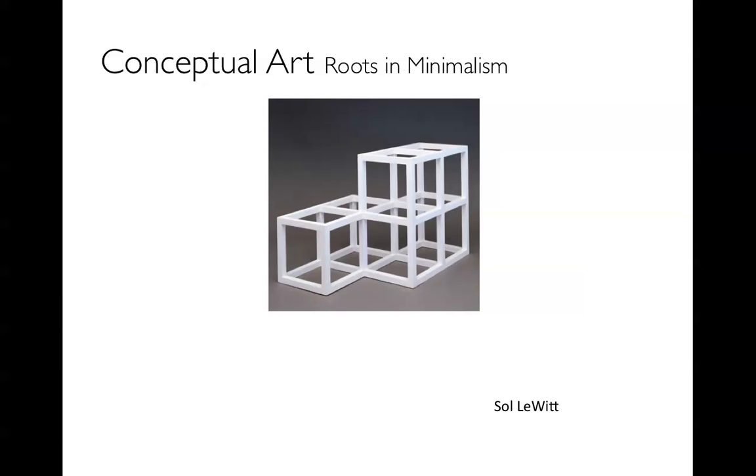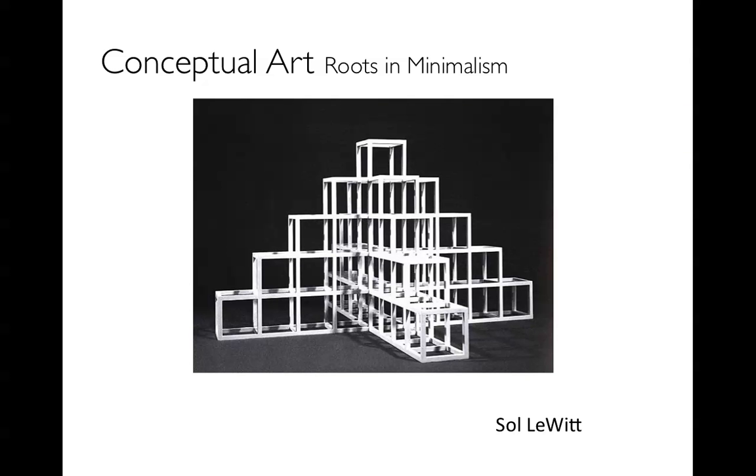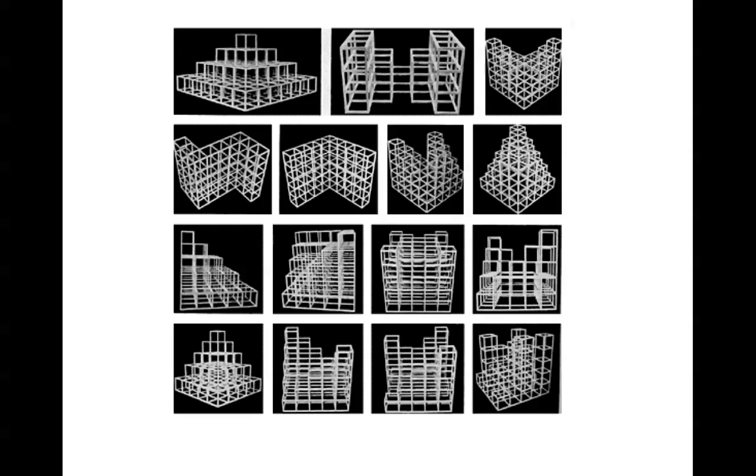So these simple cubes, although they are actually pretty exciting as forms, I think, as you see them in a gallery and you move around them three-dimensionally, all of the linear components make different shapes as you move and you see through from block to block. If anyone's a fan of architecture or engineering, these types of works might really appeal to you in form. However, they also have a conceptual root. And you can see how he very methodically went from one form to another, doing these different iterations of how many different ways can I build up this simple form into a complex form,